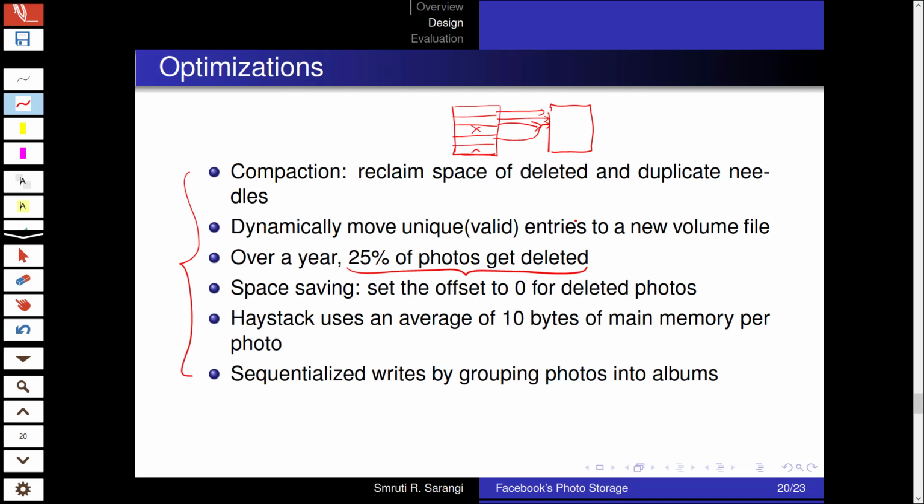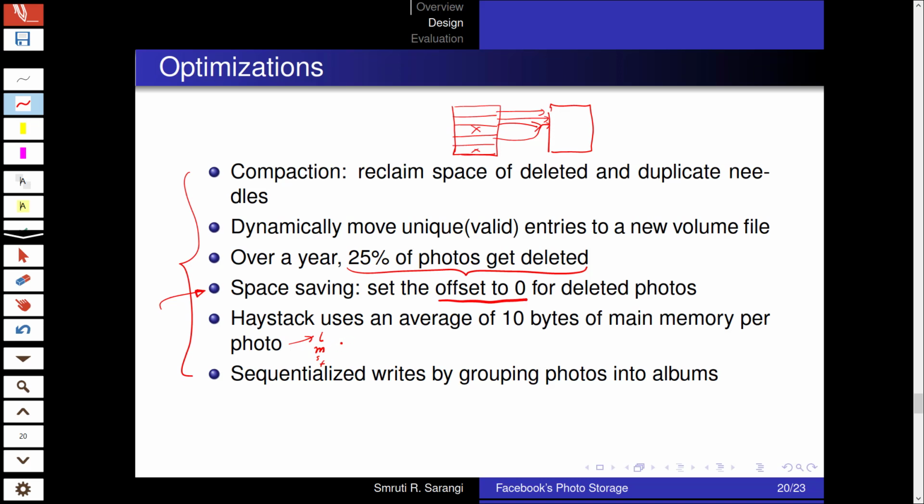Along with that, photos get modified because we make changes to them, like rotating them, removing red eyes, applying filters, and so on. One more thing that we can do is that for a deleted photo, instead of setting the flag bit to 0, we can set its offset to 0, which is a special code that tells us that a photo has been deleted. So on an average for each photo, mind you, one photo actually produces 4 photos: a large, a medium, a small, and a thumbnail.